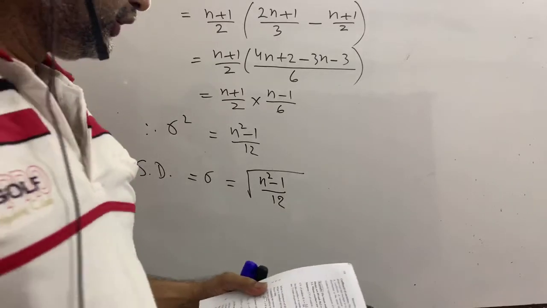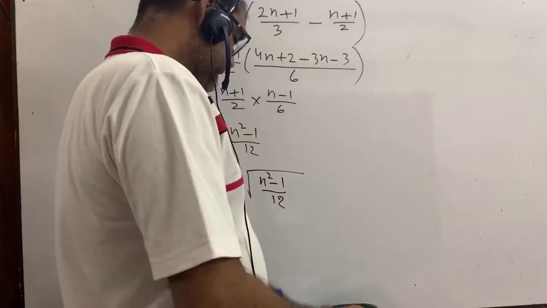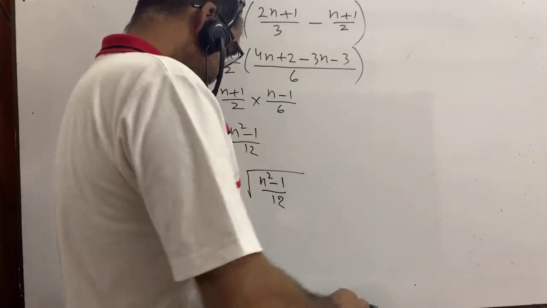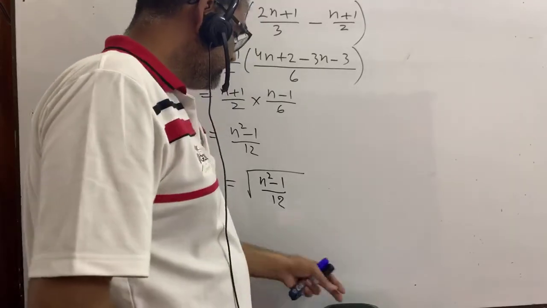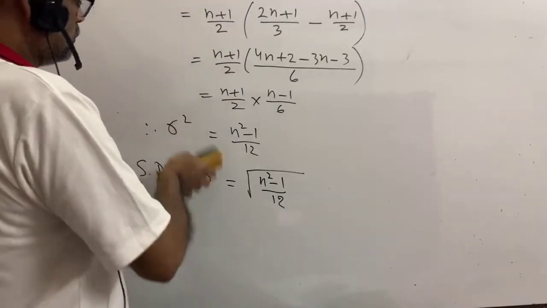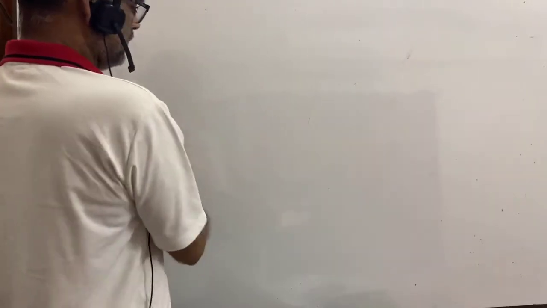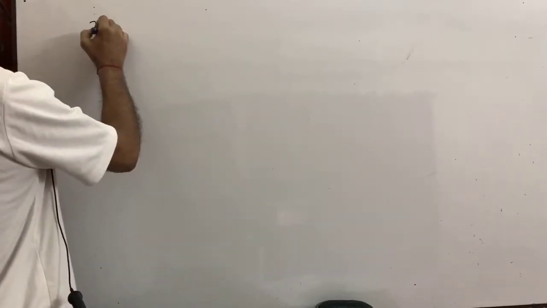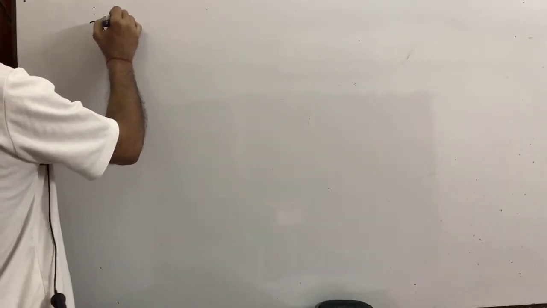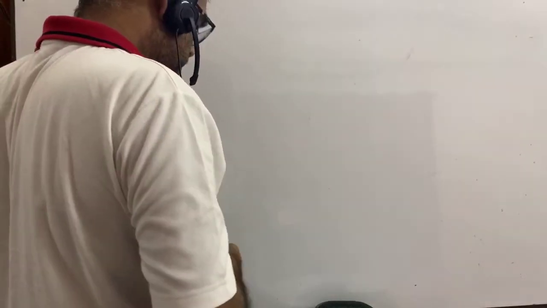There is a math in your book, question number 3 of 3. You see the math. Go to the math. Here it is told you have to prove that